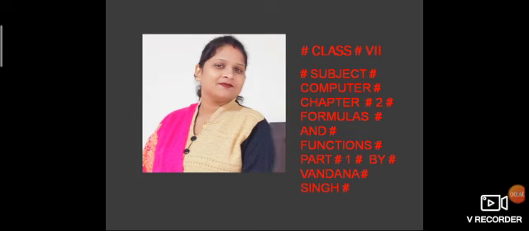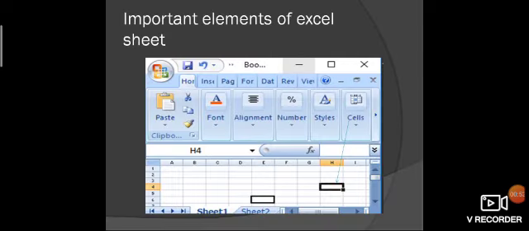There are some important terms related to MS Excel. Students, it's your Excel sheet. First, I want to give you only a few short descriptions. This is the row number, which is numbered as 1, 2, 3, 5, 6 like this. This is your column, named as A, B, C, D. And this whole screen is known as a worksheet. Sorry, workbook.